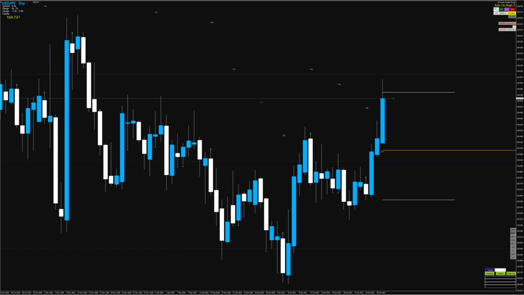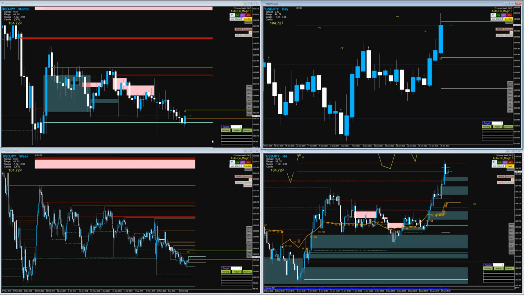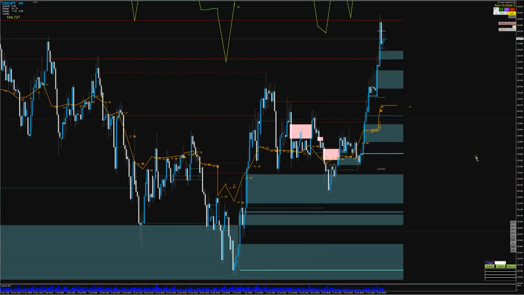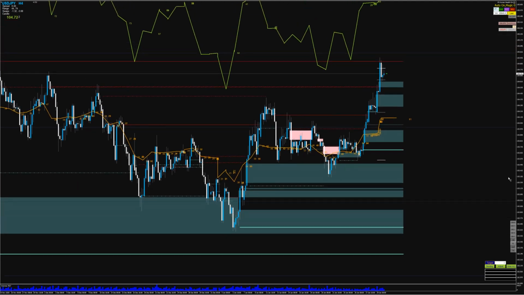Let's go to the bigger time frame. I want to show you as well where it actually bounced. Look on the monthly level. We are bouncing from the monthly level, and from the monthly, where the retail is shorting, we could go quite high. So how I would trade this, let me show you how I might trade